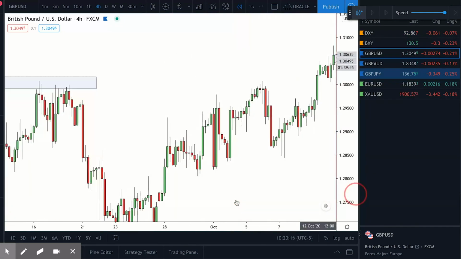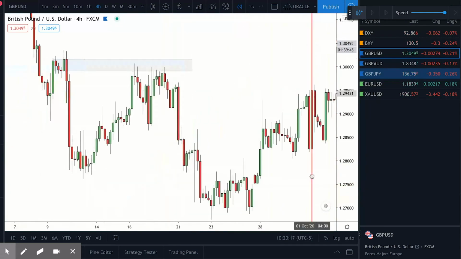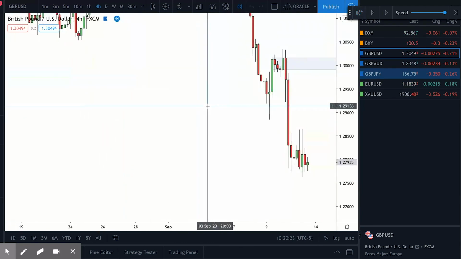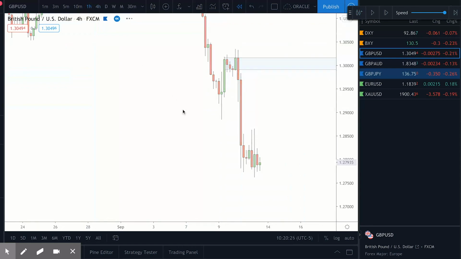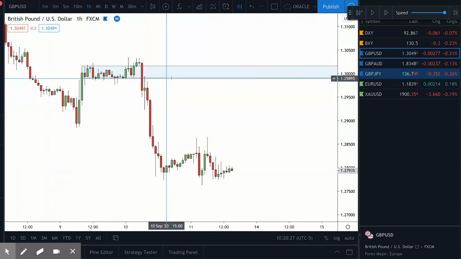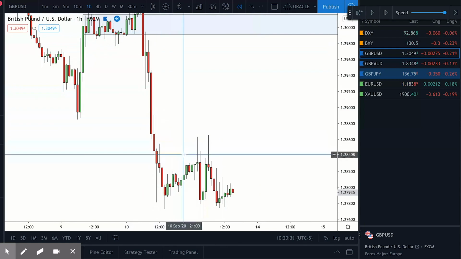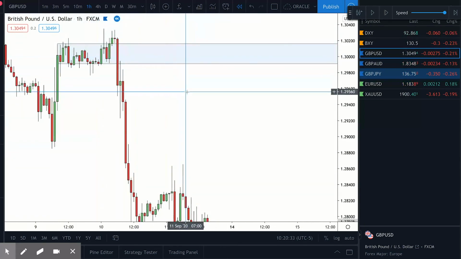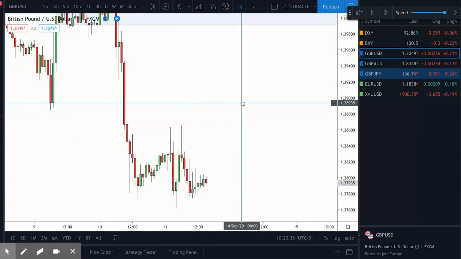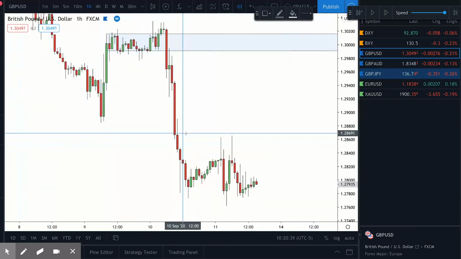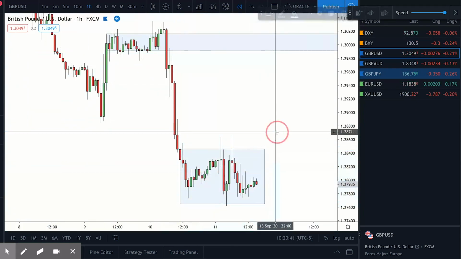Right, so an example here could be, let's have a look at GBP USD in this area. Very clear supply zone on the chart there. Okay, big uninterrupted move. It doesn't really get much better than that in terms of accuracy and strength of supply zones. So right now the market is continuing to form lower lows and lower highs,